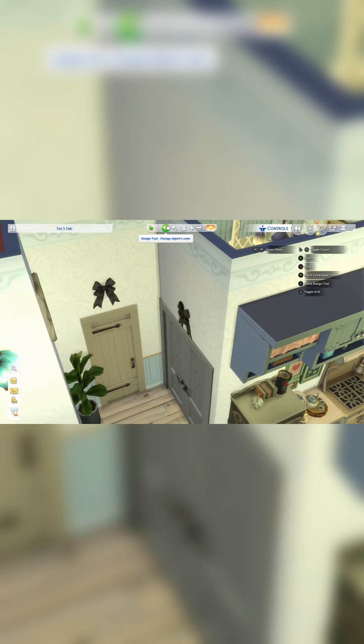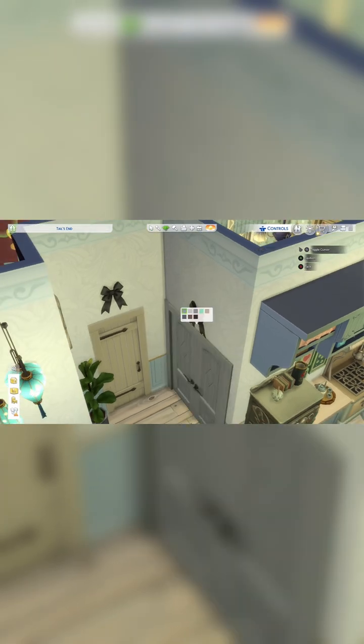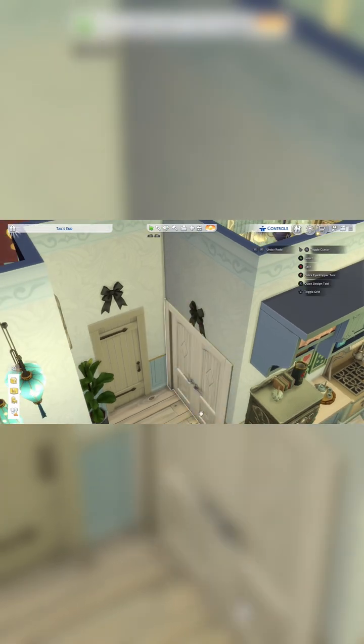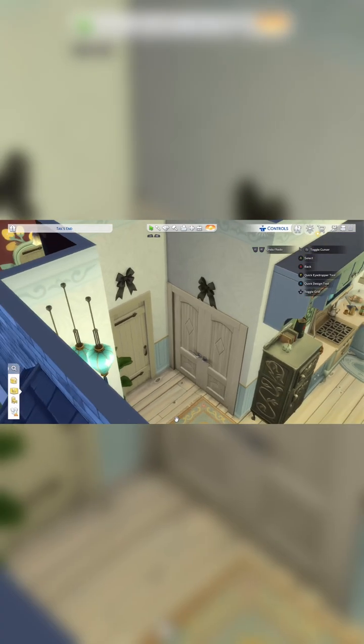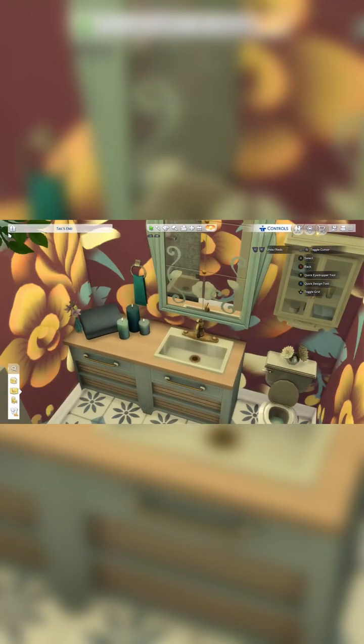I think here I kind of changed the color of the doors because I didn't like how it looked in the shadow. It looked more like a green, and I was like, I don't know. So I changed them to white. I was like, let's just do that. And there are two different doors from two different packs. So one thing about The Sims is that they don't really match furniture very well unless you have the same pack. So,